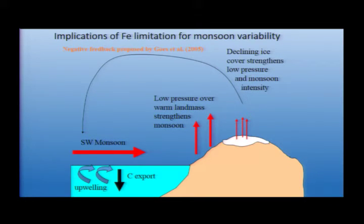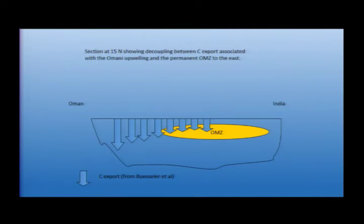And that decreasing albedo, of course, represents positive feedback. An important negative feedback that Joachim and his coworkers identified or proposed was that increasing the strength of the southwest monsoon would bring more nutrients to the surface and increase productivity and carbon export. To assess how changes in dust might affect that scenario, I'd like to just give you